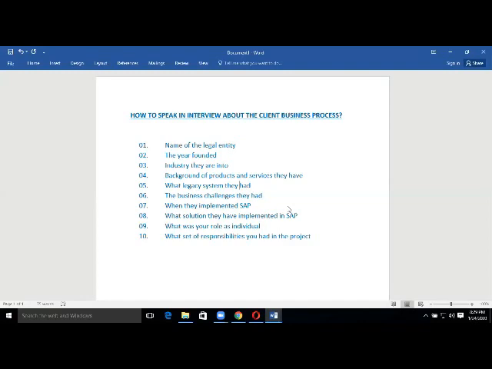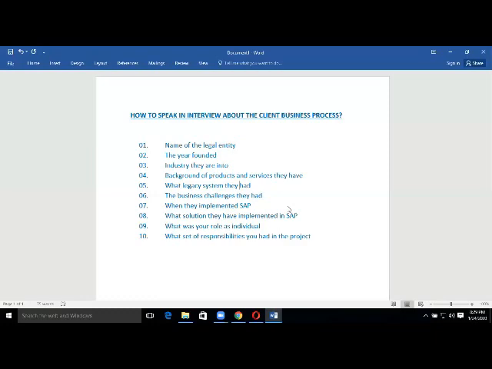And as part of this implementation, let's say it is an ECC implementation, they planned to implement the ECC application, and in ECC they have implemented FI, CO, MM, SD, PP. Let's say primarily this many solutions they have implemented. As you are getting into SAP MM, you can say I was part of the MM team, or I was primarily involved in the realization phase to go live,